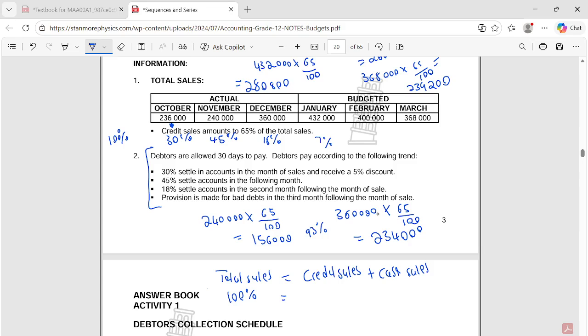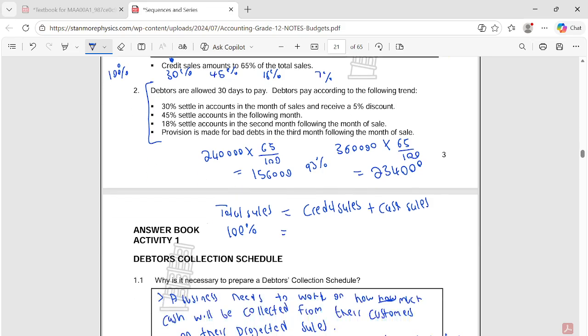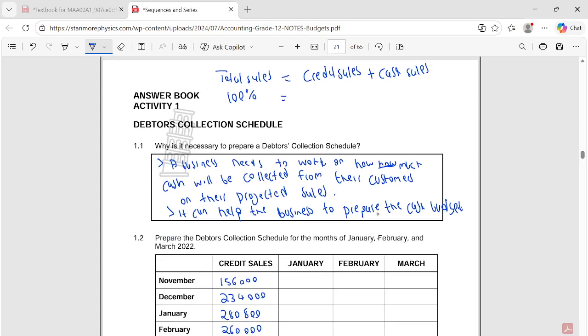This is for October, by the way, right? Meaning when we're going to November, they're gonna pay 30% in the month of November, 45% in December, 18% in January, right? Meaning, what is the other information that you need to follow? You have to follow this information. We're only collecting for January, February, and March, right? Now let's start with what? Let's start with